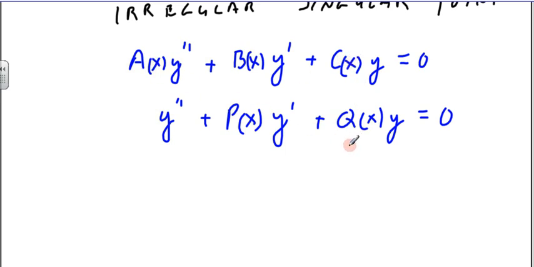Okay, so we can do that, and then we look at a point,